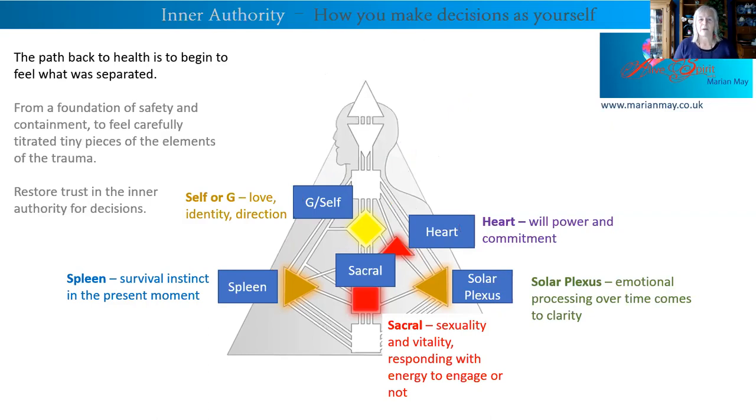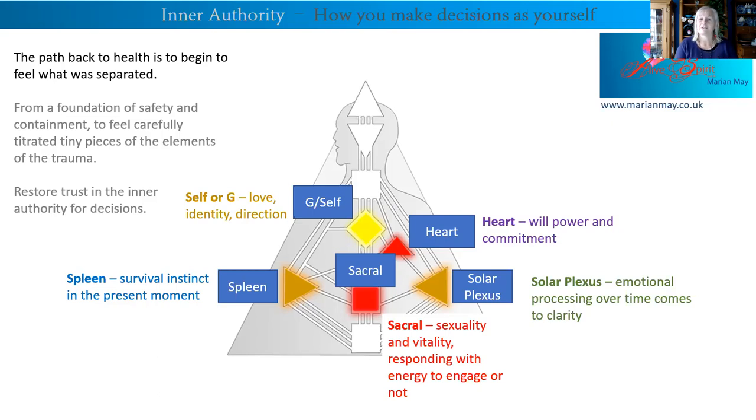So the path back to health is to begin to feel what was separated. If you have solar plexus authority, begin to reconnect with your feelings. Begin to reconnect with that sense that it's okay to feel, and let those feelings flow. Now often, the trauma has to be